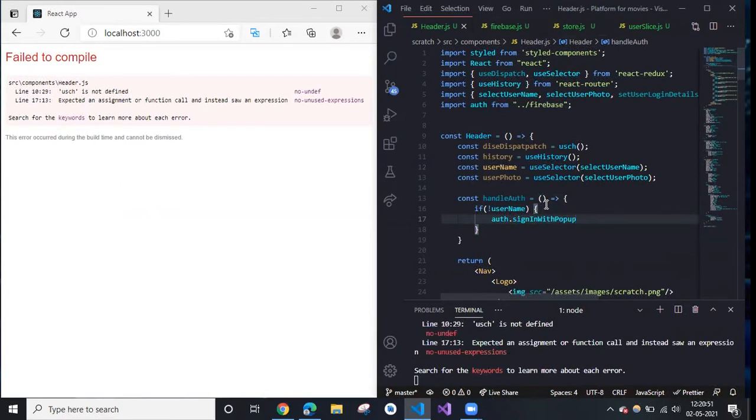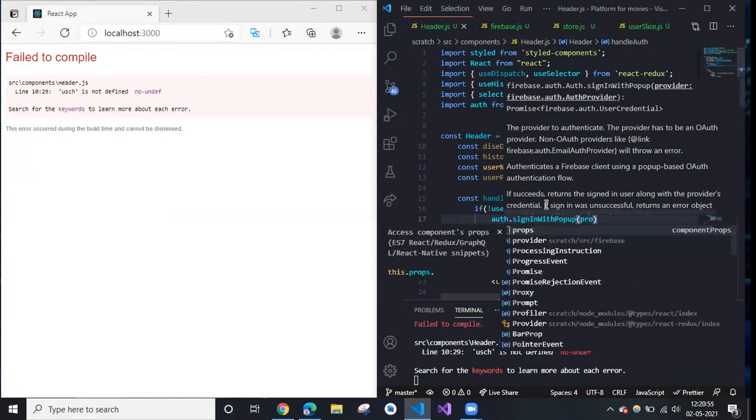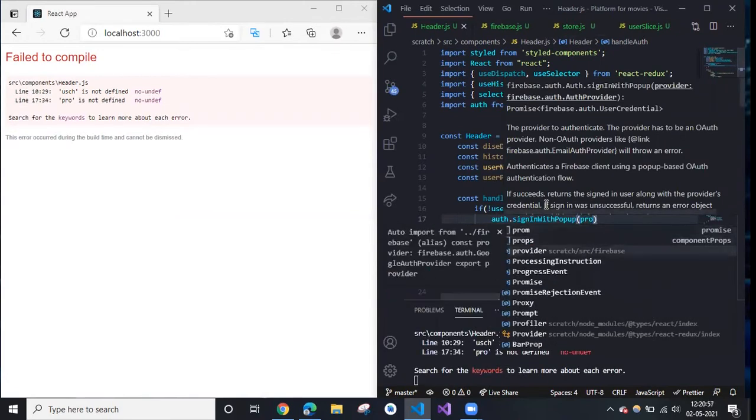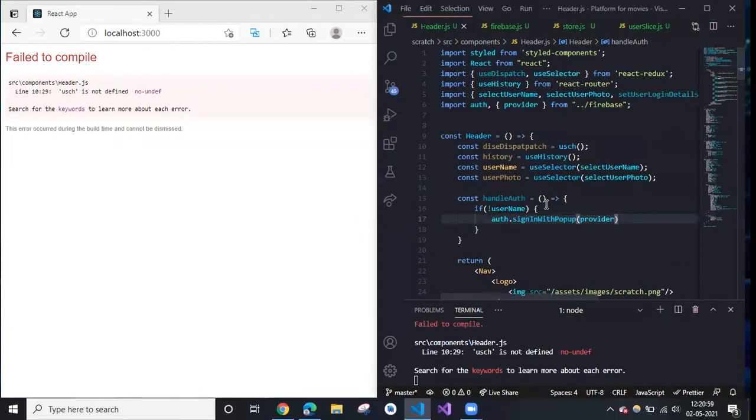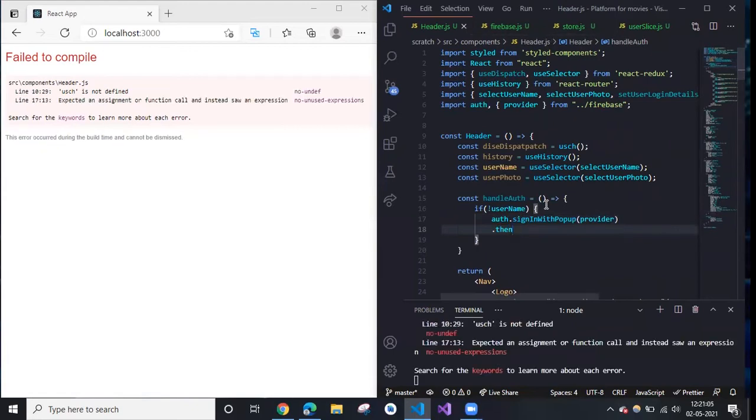Okay, so in that we will use provider from Firebase. Okay, and then we will use then, that if the sign in comes from the popup,